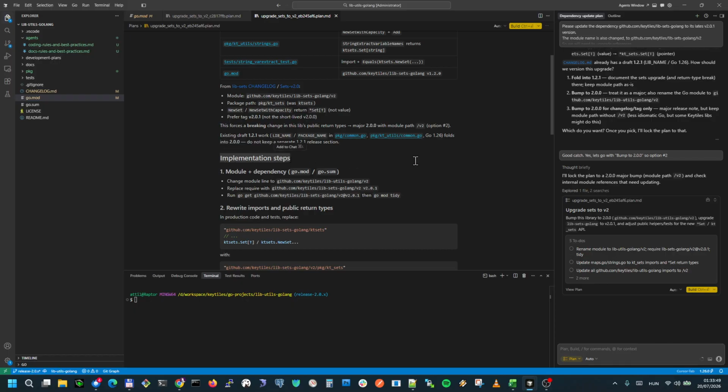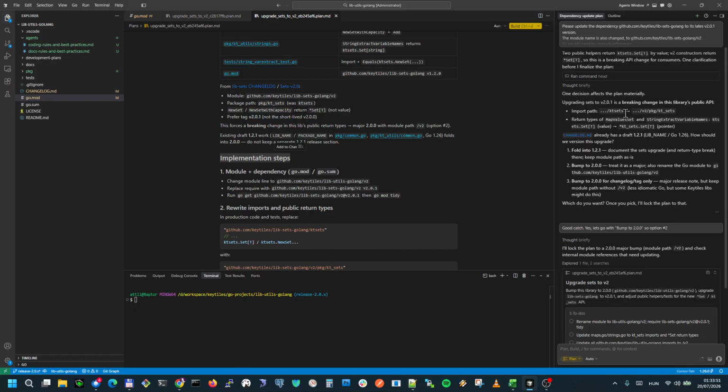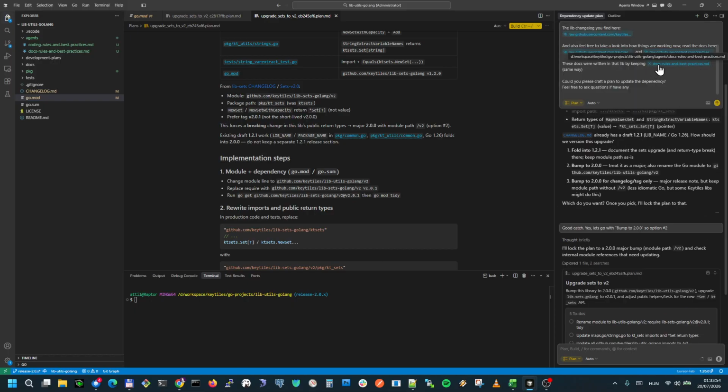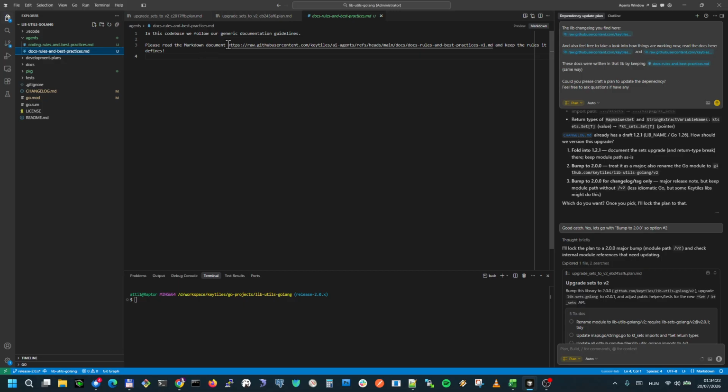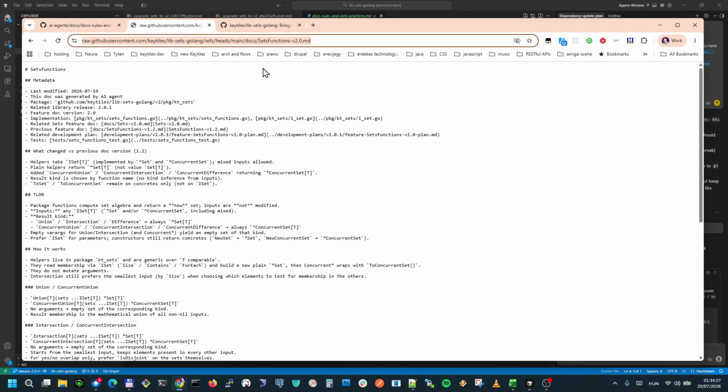Actually, this thing the agent did because I asked it, I hope, to pick up the documentation rules, and that documentation rules is referring basically to the workflow. And in the workflow and planning, we have explicitly written it down to please make a plan. You can read it for yourself, but if we take a look here, this refers to this file here, and if we take a look into that,